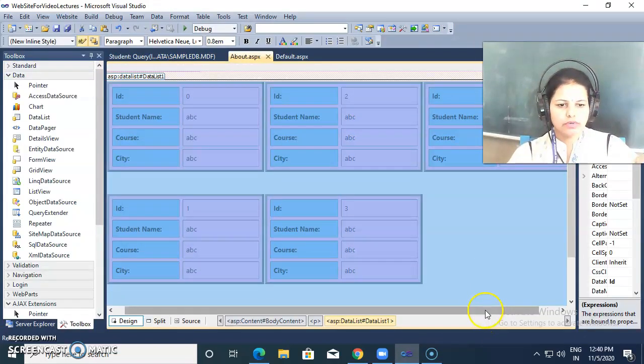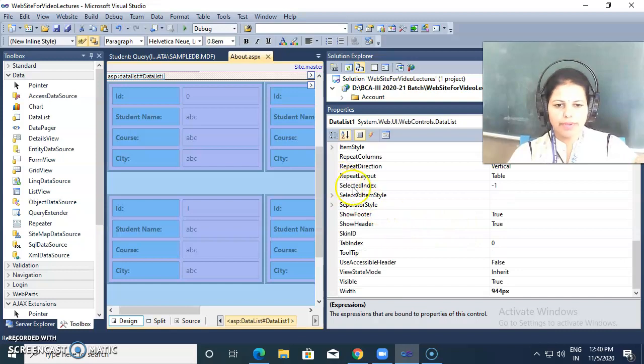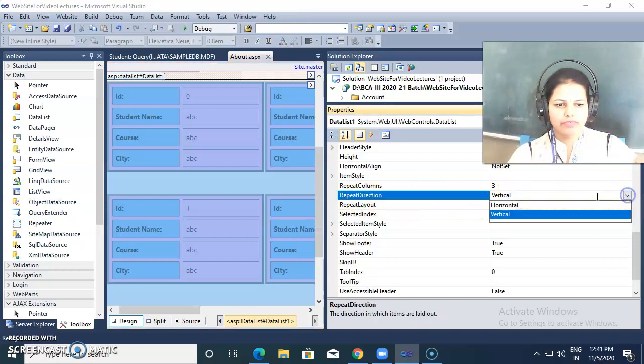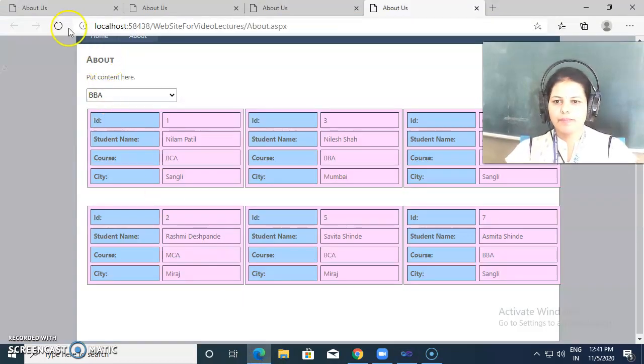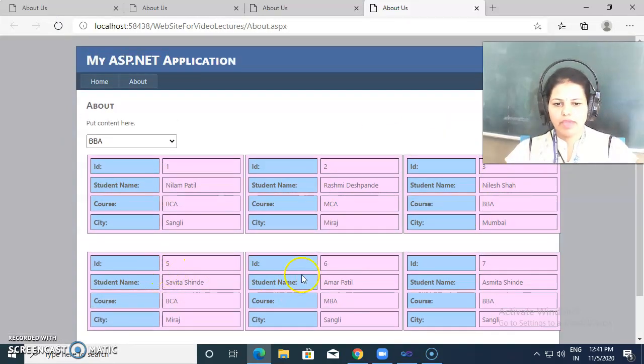I'm changing the property as repeat columns 3 and repeat direction. If I change to horizontal, then see what is the effect. Then 1 2 okay 3, then 5 6 7. So in this way these are changes.